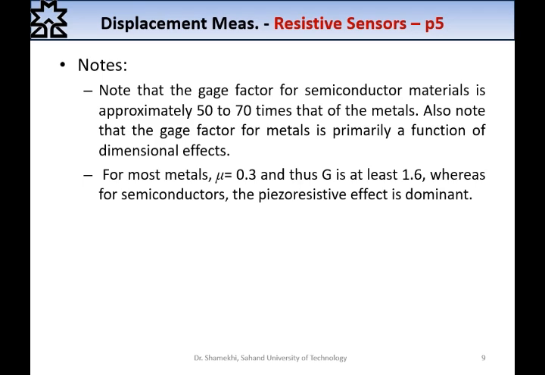And also note that the gauge factor for metals is primarily a function of dimensional effect. For most metals, mu equals 0.3, and thus the gauge factor is at least almost 1.6. Whereas for semiconductors, the piezoresistive effect is dominant. Based